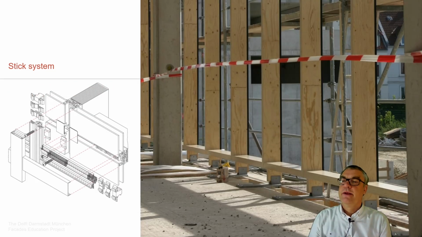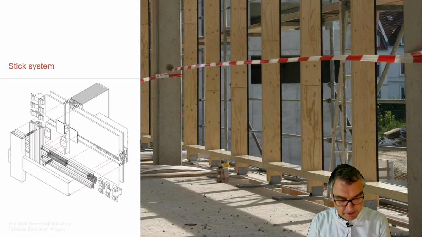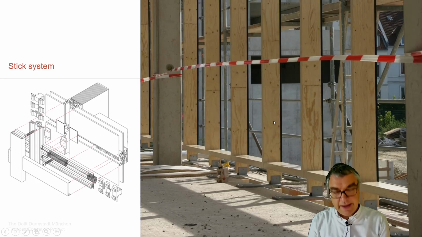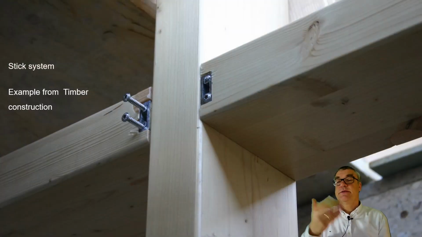When I continue, this is a typical stick system which we use very regularly in this lecture. The picture you know already as well. We see it's a main structure. This is main structure. Concrete skeleton structure. We see the concrete floor, we see the brackets, and where the stick system actually is fixed to it.